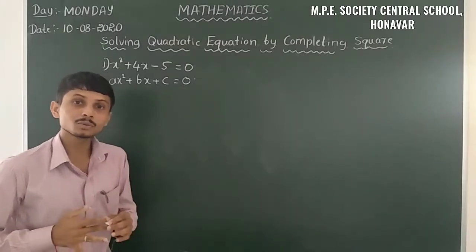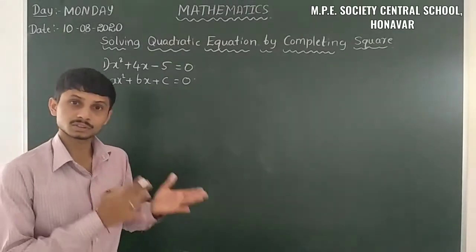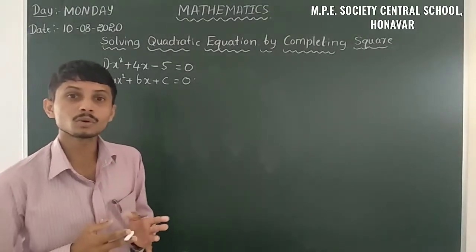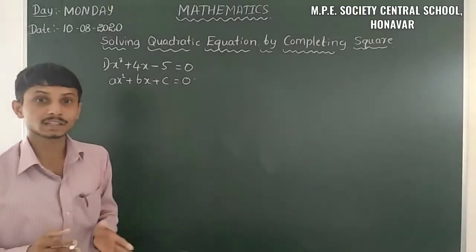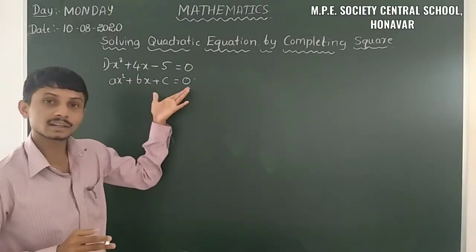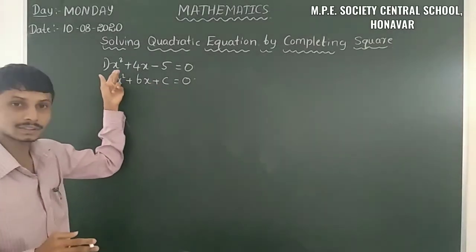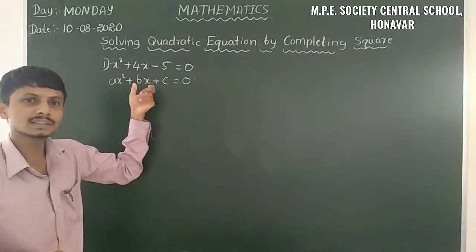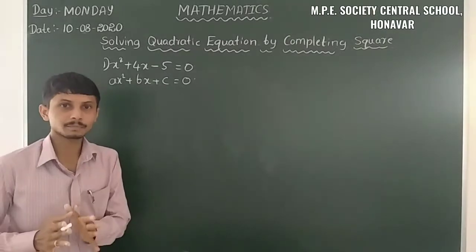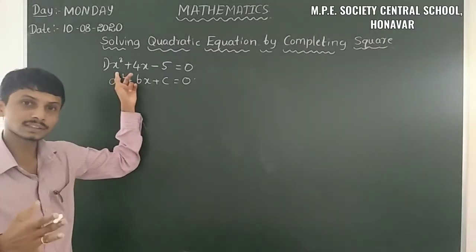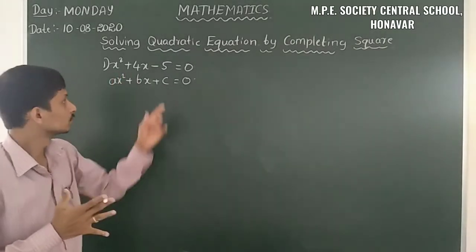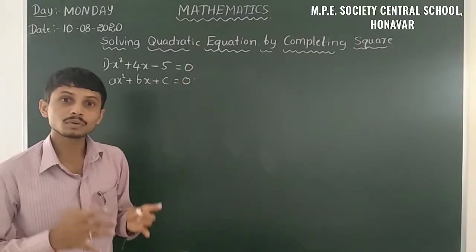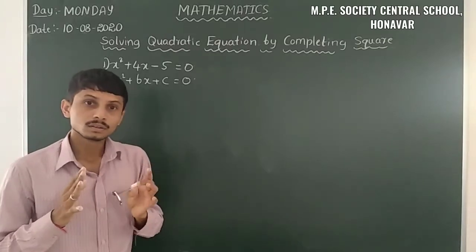But here we have to solve it. The factorization we already know, but we have to know about completing the square. So is there a chance to write it as a complete square? Here x square plus 4x, the 4x can be written as 2ab, 2 into x into a. So 2 into x is covered, then another term is x here. But there is no 4 here. So we have to convert that into the form of completing square.